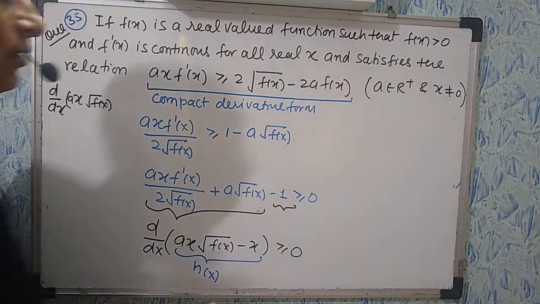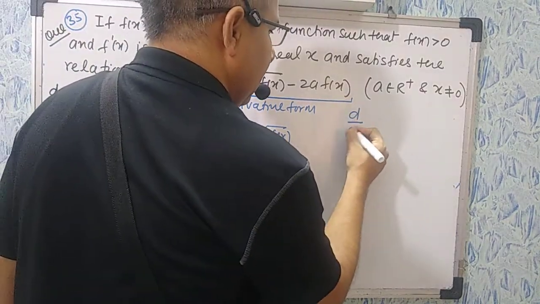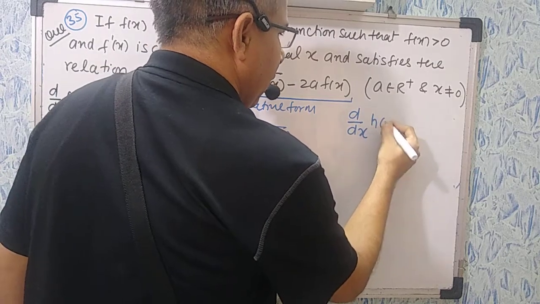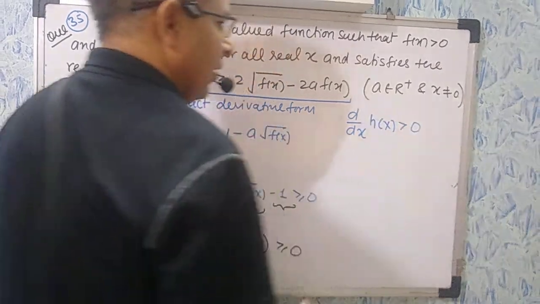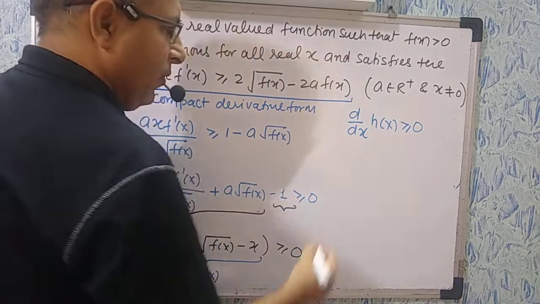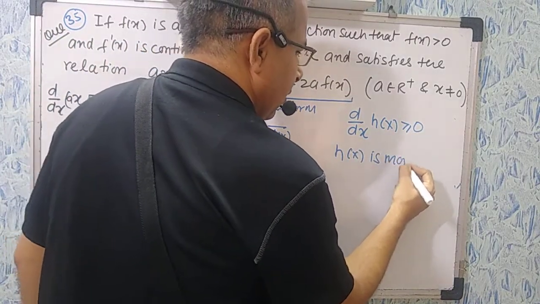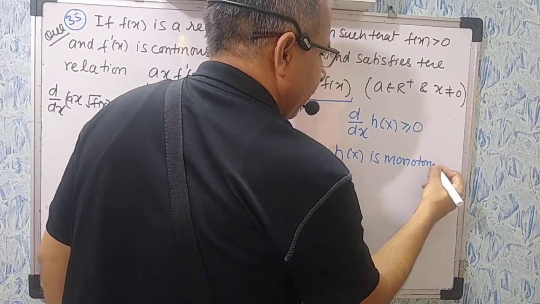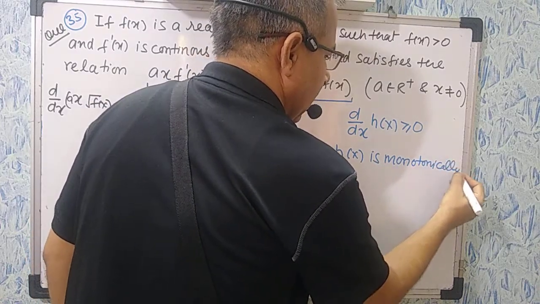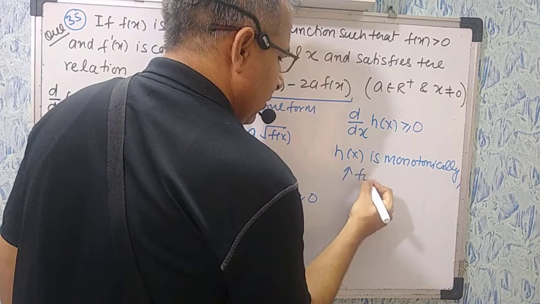So here we get d/dx of h(x) ≥ 0. So we get h(x) is a monotonically increasing function